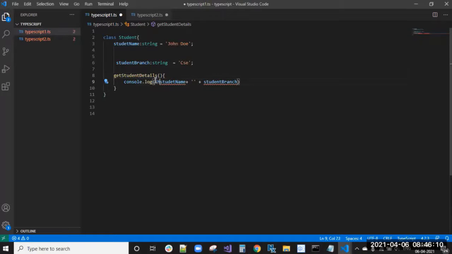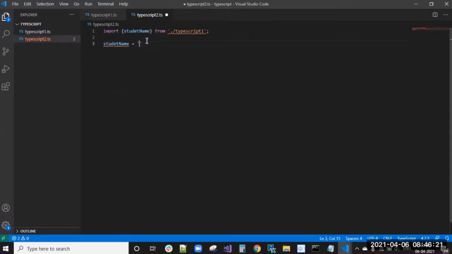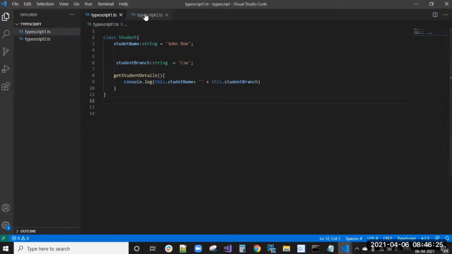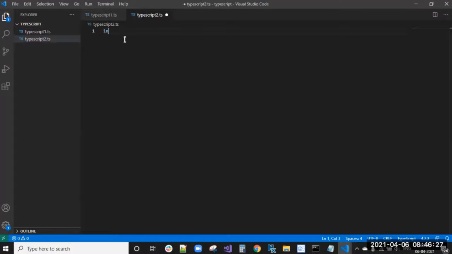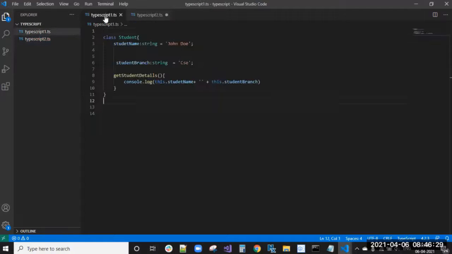Here this.studentName, right? Similarly, here this.studentBranch. Now this student I should use it inside this. How can we use it to import that? Actually, it is a general class now.